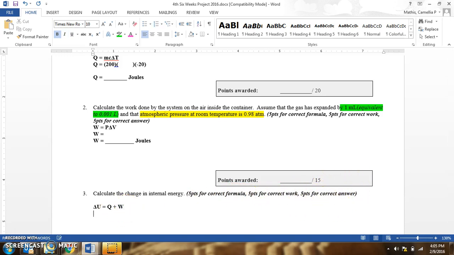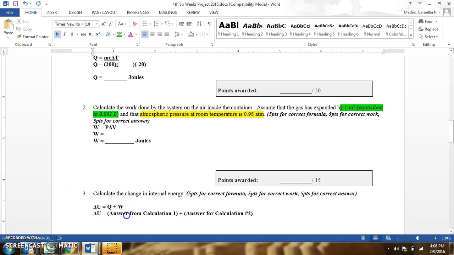So now we go on and we say, for delta U, whatever number you got in part 1, you're going to plug it in as Q right here. So I'll put a little note that says, answer from calculation 1, and you're going to add to that the W answer from calculation number 2. Keeping in mind your positive and negative signs that you get for Q and also that you get for W